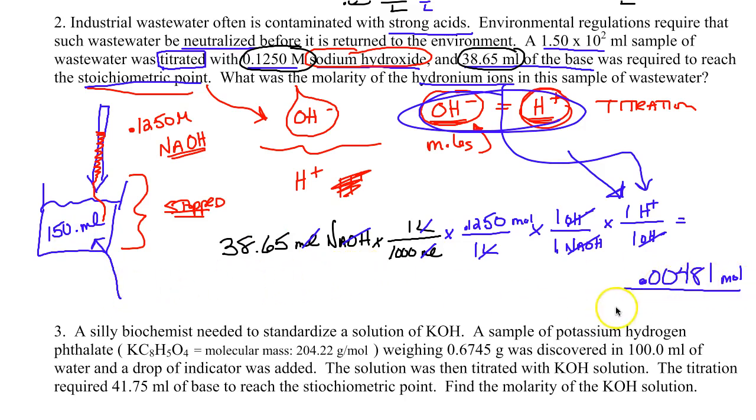What was the original solution? Well, it was 0.150 liters, and that's all I'm doing there. And then, of course, molarity is what? Moles over liters. I converted this original solution to 0.150 liters. And of course, when I get that, the answer is 0.0322 molar. And of course, that's equal to the H3O plus concentration, which is the same thing as the H